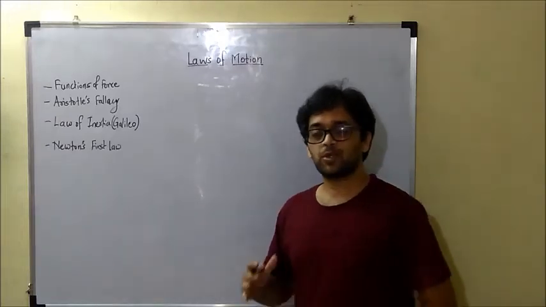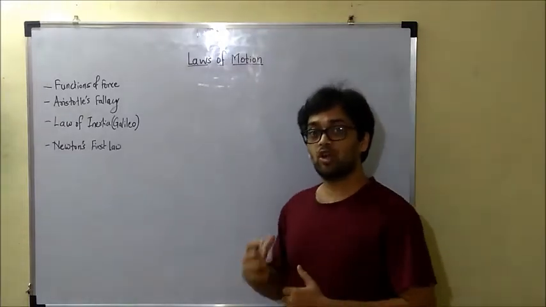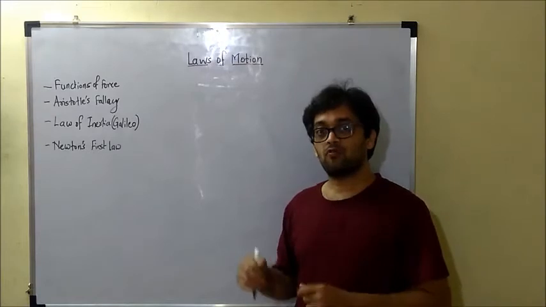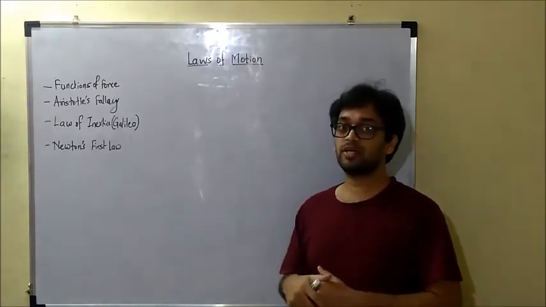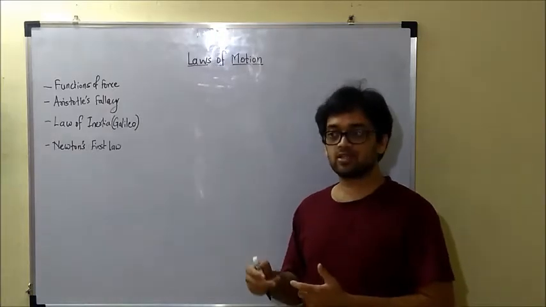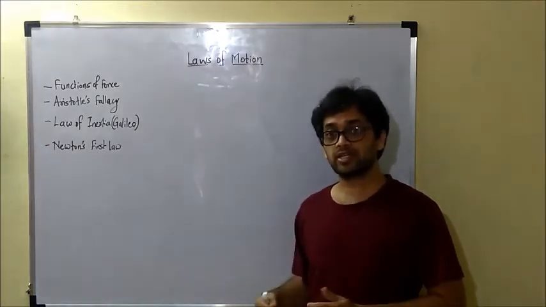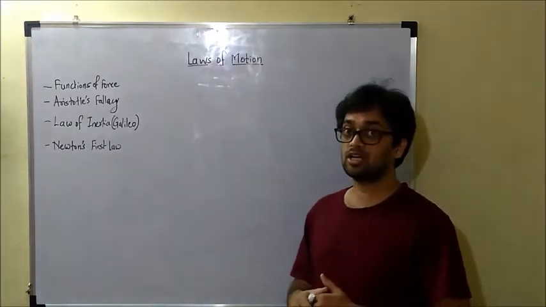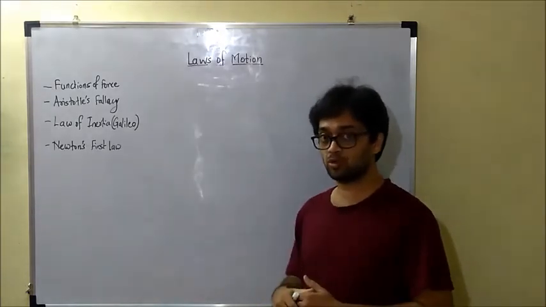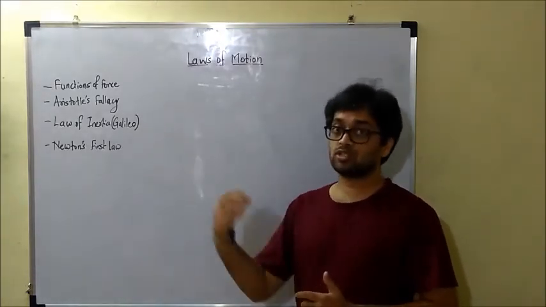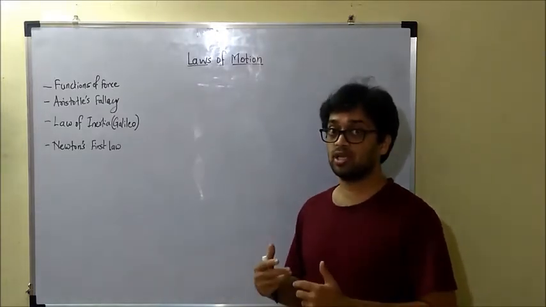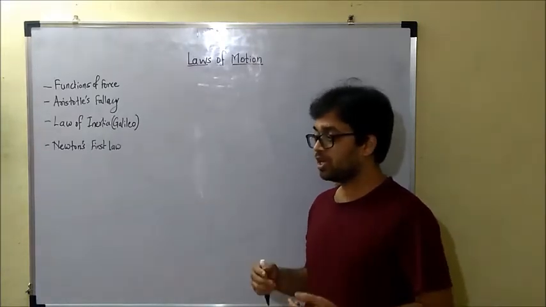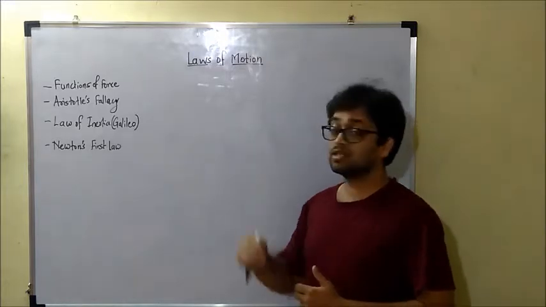Hello everyone. So this is our next chapter, which is laws of motion, the shortest chapter in our mechanics, because here we will answer what is the cause of the motion that we have been discussing for so long. So we discussed the objects moving from one place to another place, or one position to another position. To use technical terms, we say that it moves from one position to another position. That's a displacement. It moves with constant speed or constant velocity, and it moves with an acceleration. We discussed all these aspects of the motion, but we never spoke about what is causing this motion.